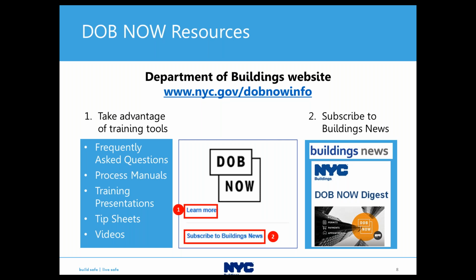And let's go ahead and tell you what else you can do. So here's some of your resources. Out on DOB Now, you're going to see a few things. Over on the left-hand side of my screen, you're going to see a section that says Frequently Asked Questions. Now, that's going to be a whole bunch of information that we've put out there, tip sheets. You're going to see process manuals. This presentation, it is not up there yet, but it will be hopefully by the beginning of next week, let's say. Again, some tip sheets and videos as well. Hopefully, you're already registered for Building News,